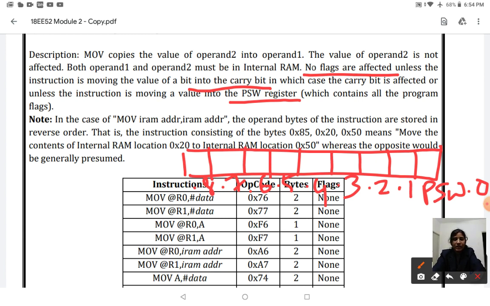Using this you can identify which register bank is selected, whether the carry flag or auxiliary carry flag is set, and whether we are going to use a user defined flag. All these statuses can be identified with the word stored in PSW. So whether the carry bit is affected or not, we can identify with the help of the word stored in PSW. It contains all the program flags.